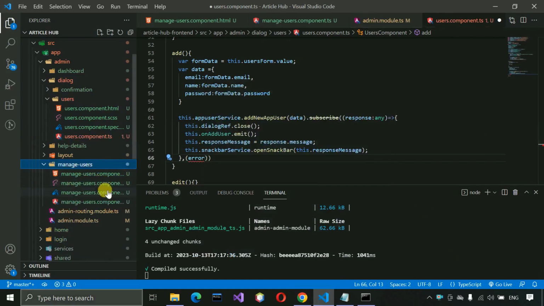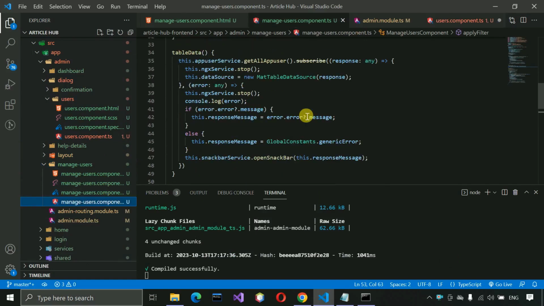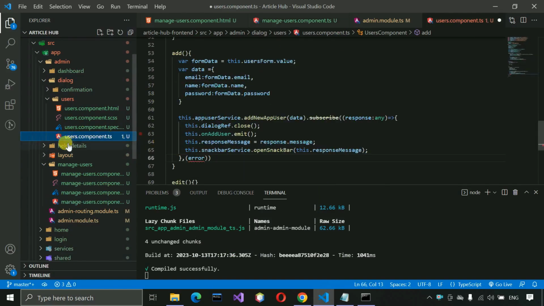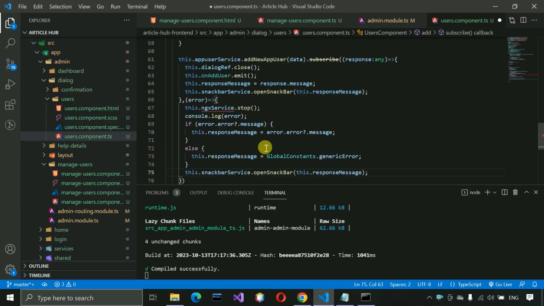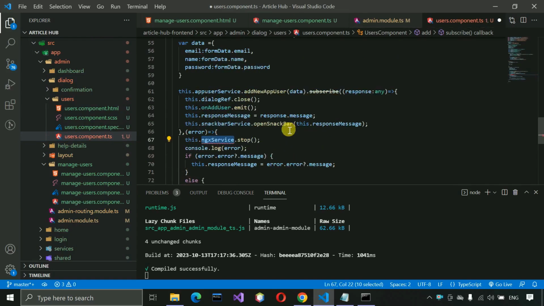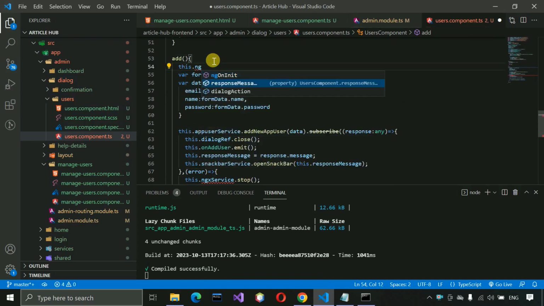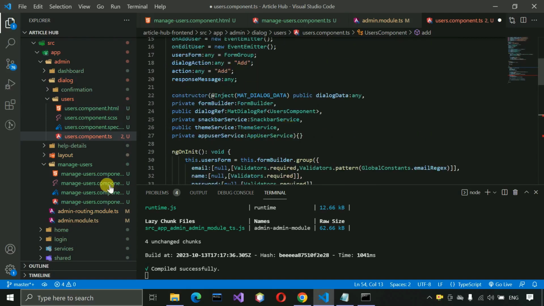and the error part will be exactly the same. Just go to the manage user. Inside this one we have written the code. So whatever we have written, we just need to copy this one and get back to this place, and here just put the curly bracket and paste it. Okay, and here we also need to show the loader. So here we can also start this.ngx. Okay, so we did not import that, I think. So here we need to import